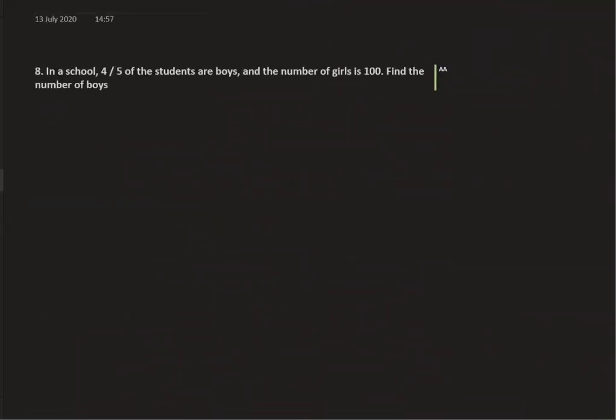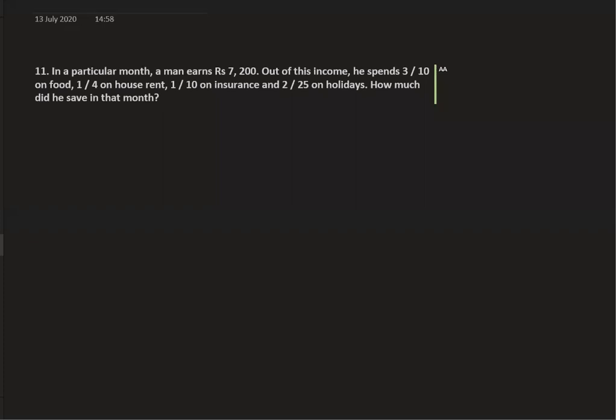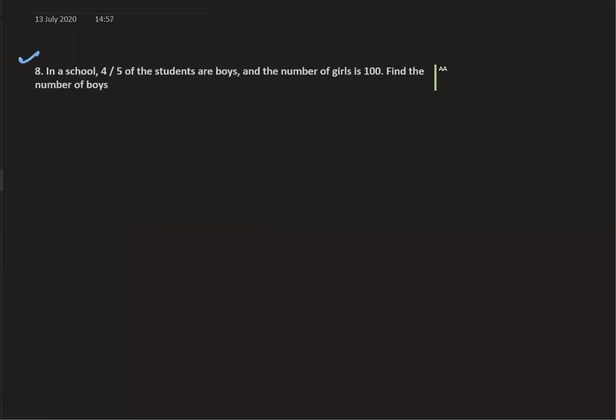Question 8 I'm going to solve because 3 minutes are left. This is question 9, question 10, question 11. These 3 questions you have to do in homework. Question 9, 10 and 11 you have to do in homework, okay? So question 8 is, in a school 4/5 of the students are boys and the number of girls is 100. Find the number of boys. Okay? So the question is,